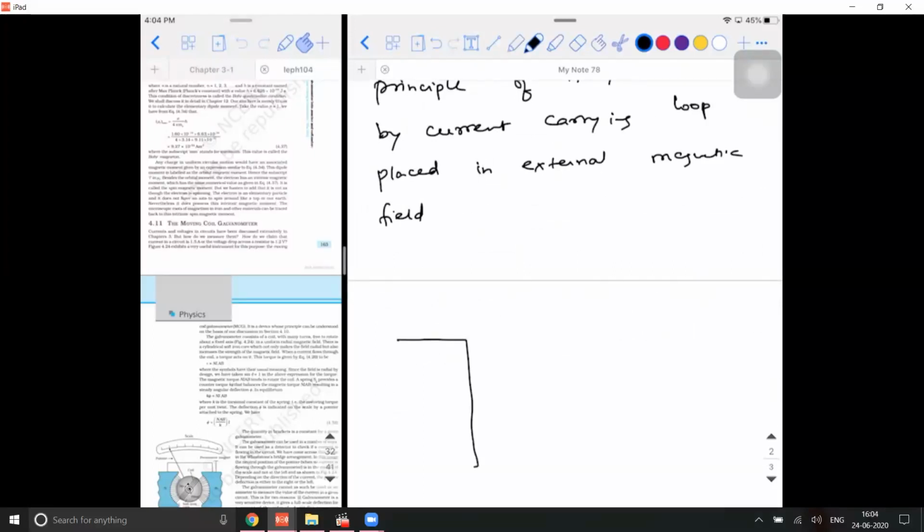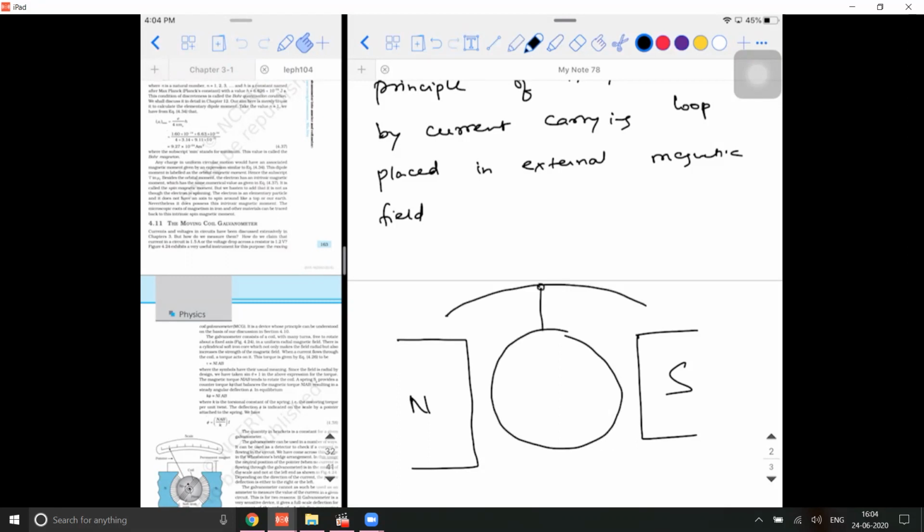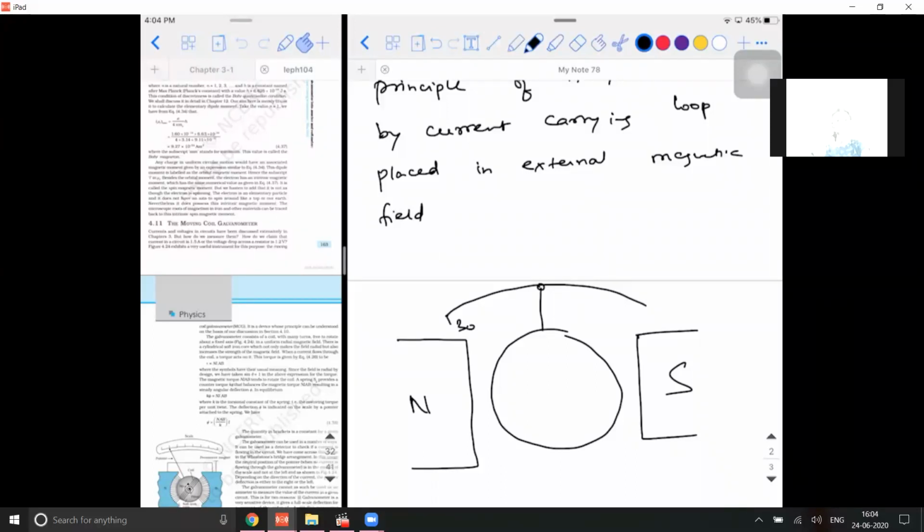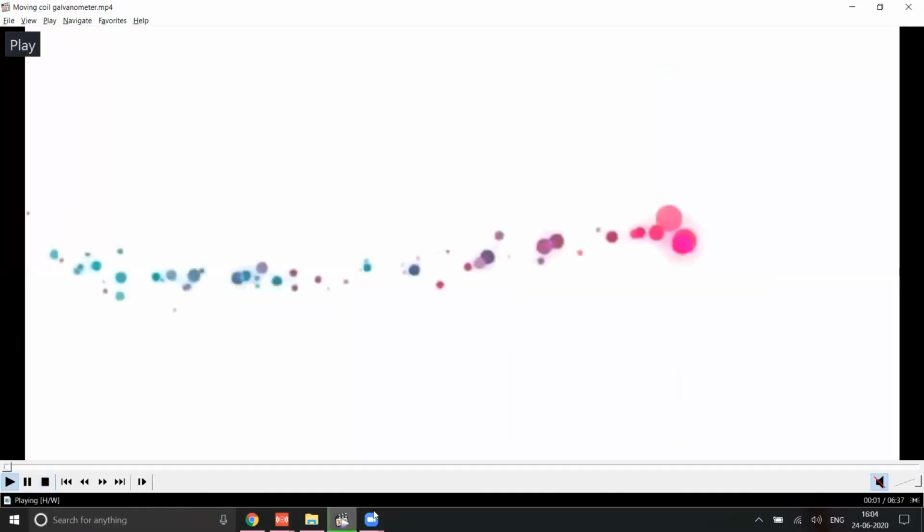So what do you need for a galvanometer? You definitely need two external magnets, one a north pole and the other a south pole, inside which you need to place a coil. This coil should be connected to the pointer, and the pointer should show the deflections. You're able to understand? This is the simplest diagram possible. Now let's look at the three-dimensional view of it. You'll not be able to hear, just observe. I'll explain it.